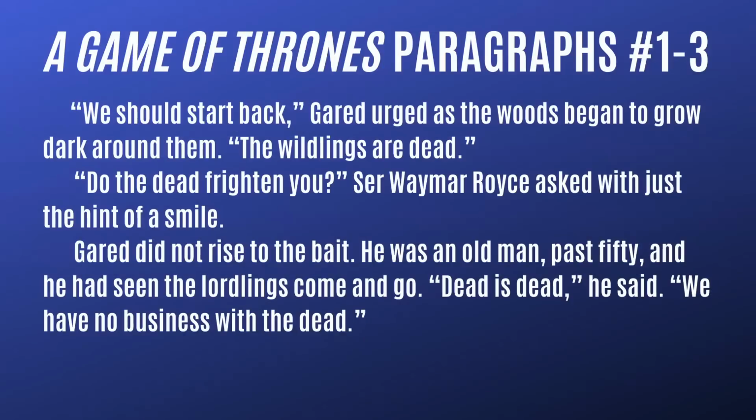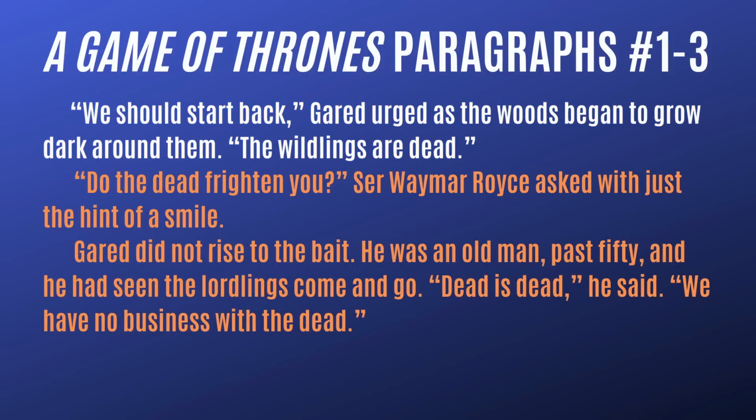Okay, let's start by taking a look at the opening line, and it's an ominous opening line. The dialogue here suggests that they're far from home, and the next thing we get is that image of the woods turning dark. Then Garrett's next line about the wildlings being dead only adds to the grim atmosphere. Next we get conflict in the form of dialogue between Royce and Garrett. Royce attacks through dialogue while Garrett defends. This exchange shows us that Royce is the one in charge. It's a small power struggle in a book that will focus on power struggles.